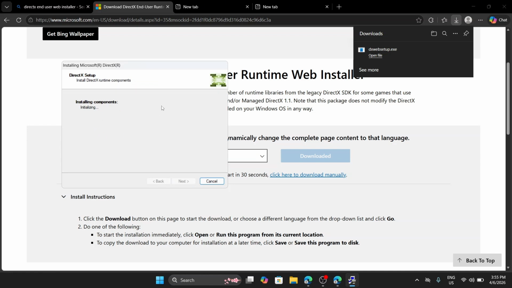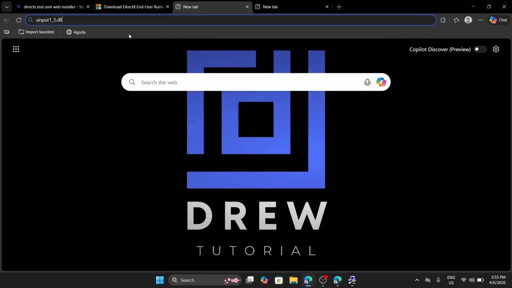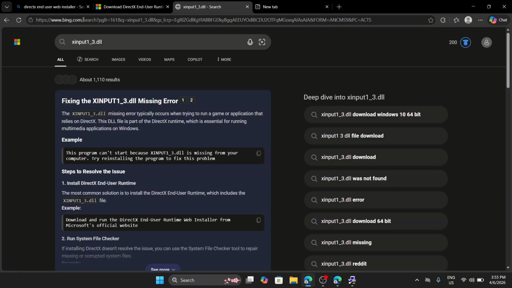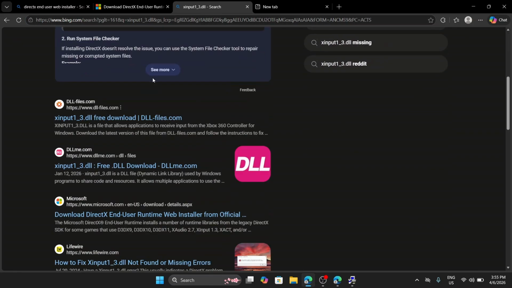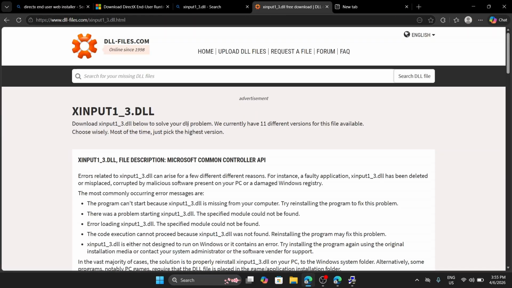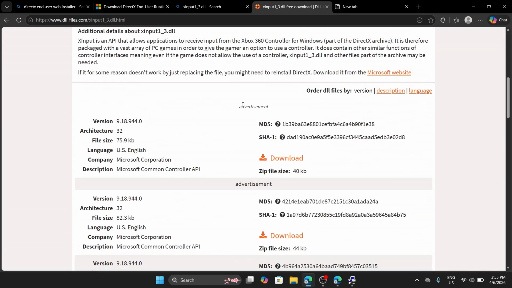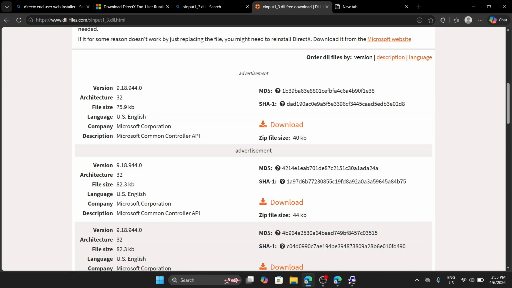Now, while it is installing, what we're going to do next is to go into another tab. And then once you're now here, just type xinput13.dll. After that, click on enter. And then in this part, just scroll down and then look for dllfiles.com and then click the download section. And then in this part, just scroll down once again, and then you will see a bunch of version and